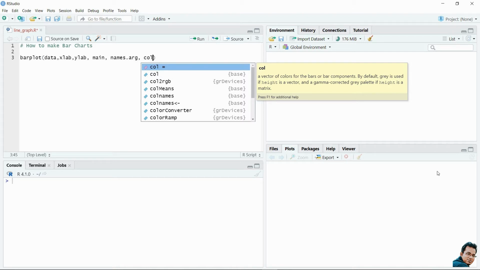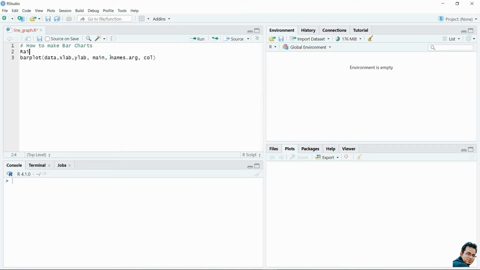In watershed hydrology, generally the rainfall data is represented by a bar chart. So in this video we will draw the monthly rainfall variation for a particular year with the help of a bar chart. So let's say my rainfall data is equal to 18, 23, 29, 24 and 10. This is the rainfall amount during the monsoon season.